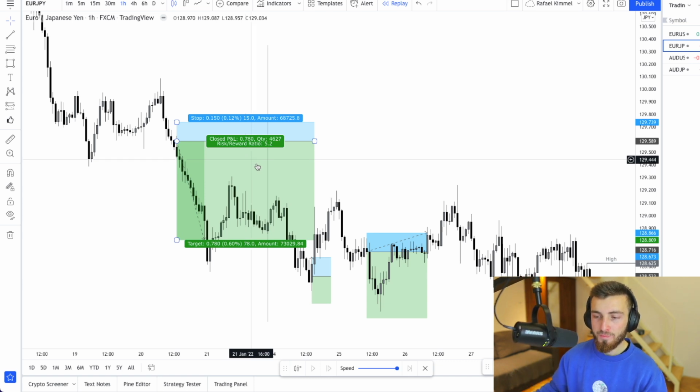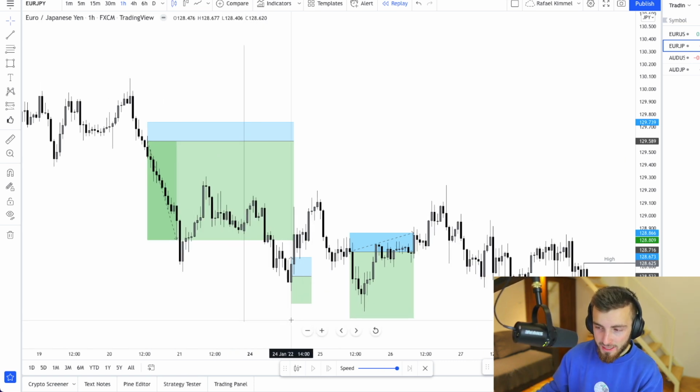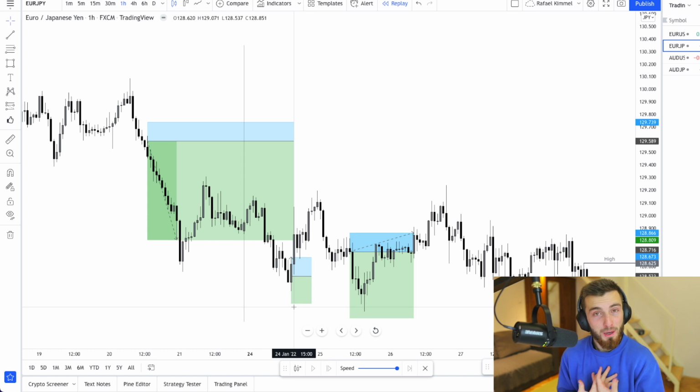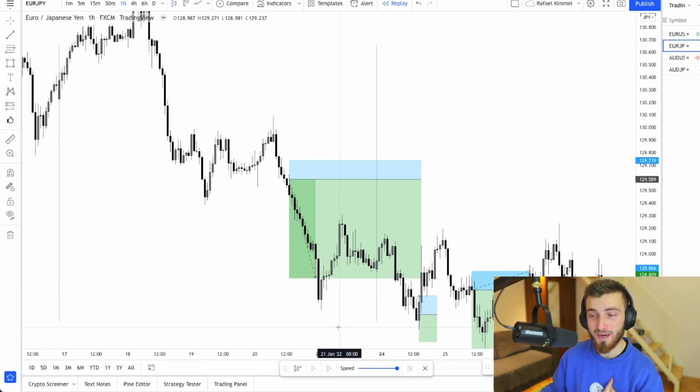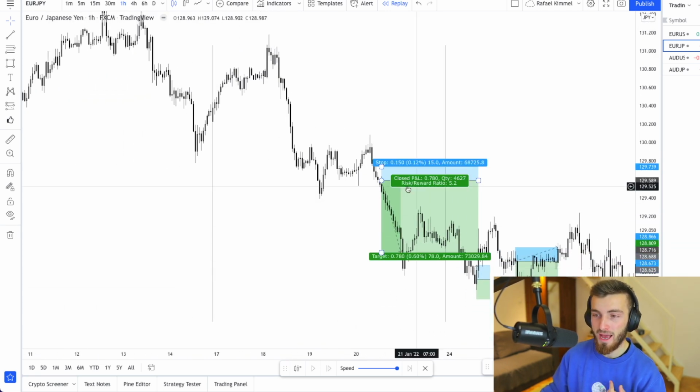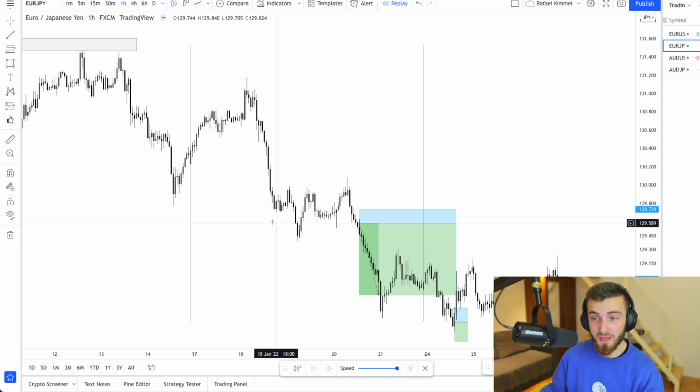But then this pair with clean price action starts giving me losses. And I'm like, oh my god. And the problem is me. The problem is not the pair. The pair has always done this. So I need to go back to my price action and my backtesting and backtest it again and understand where the problems are within my trading.